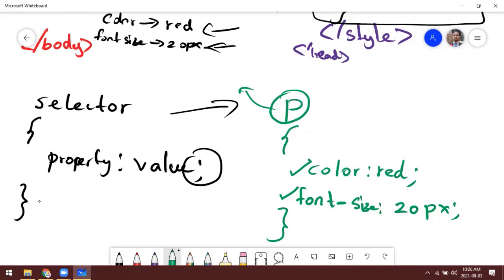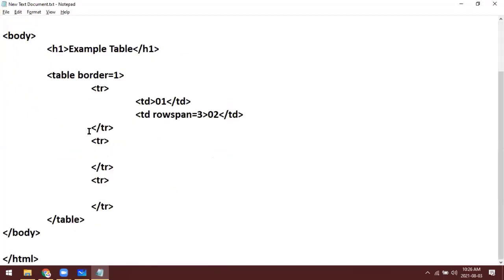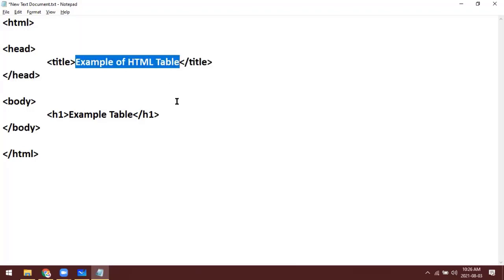So let me show you this as an exercise. Let's do this, right? So I'm having this. This is simply an HTML skeleton, just the frame of HTML, right? CSS syntax.